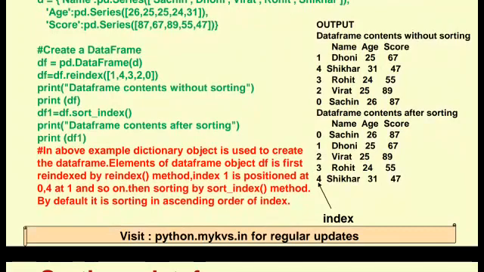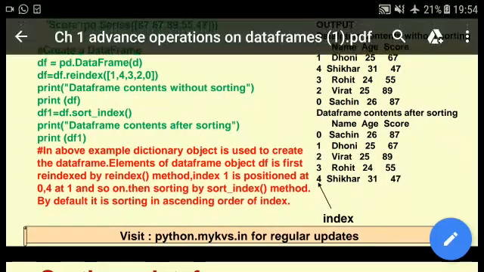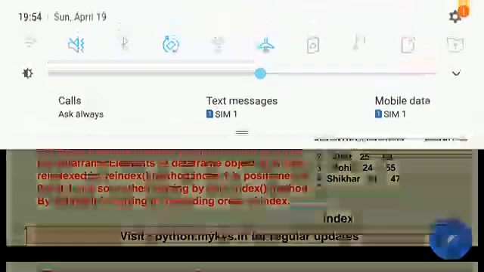In the above example, dictionary object is used to create the data frame. Elements of data frame object df is first re-indexed by reindex. This is the method name which we had used in our program. Index 1 is at position 0, 4 at 1 and so on. Then sorting by the sort_index method. By default it sorts in ascending order of index. We know that ascending order is the default, so there is no need to write